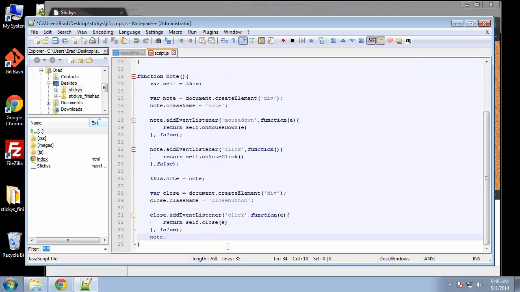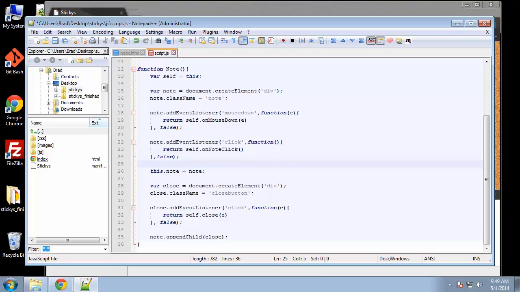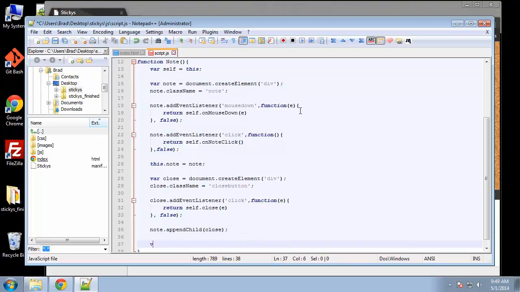And then we just want to say note.appendChild, so we're going to add close to the note as a child div. So basically we're constructing the actual physical note in this function. We're not done yet. Now we want to create a variable called edit and set that. We're going to create another div, so createElement,